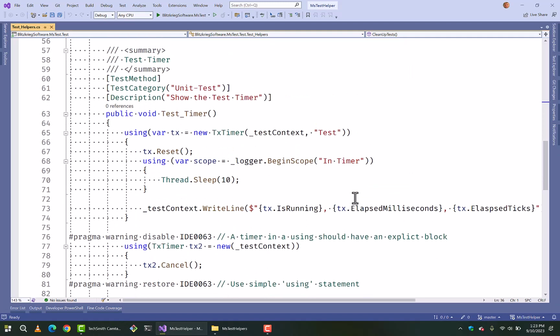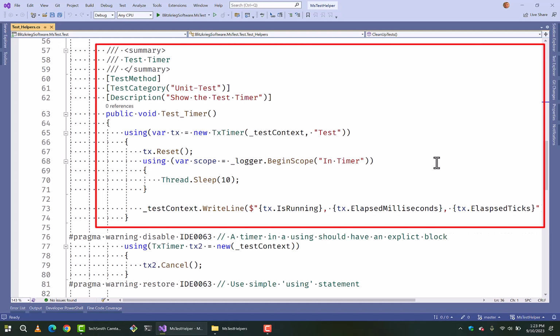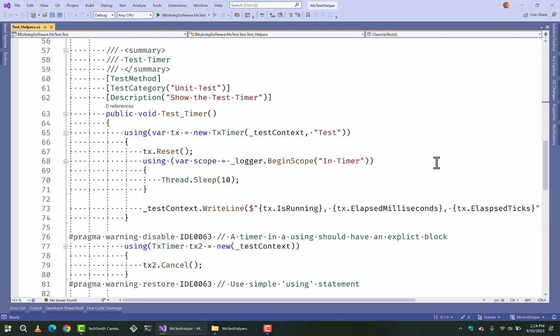The next thing that's handy in the library is the ability to have timers around different things in the test. And in this example, we point out that the TX timer method takes a test context and an optional title, which is a good thing to provide if humanly possible. And it will then output to test context.writeLine the elapsed time and other things. So whatever you would like to get from the timer,